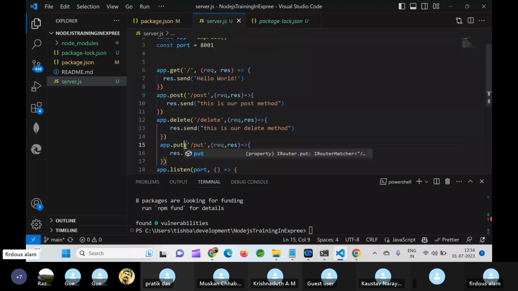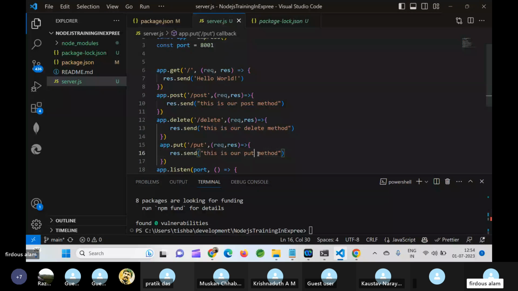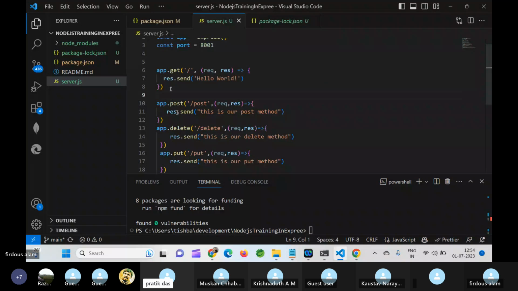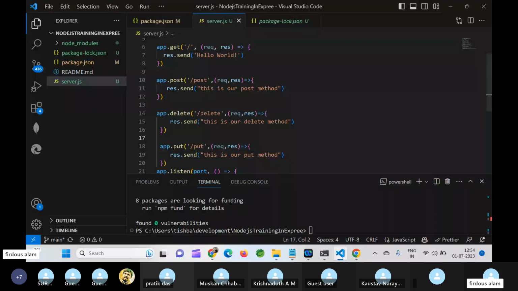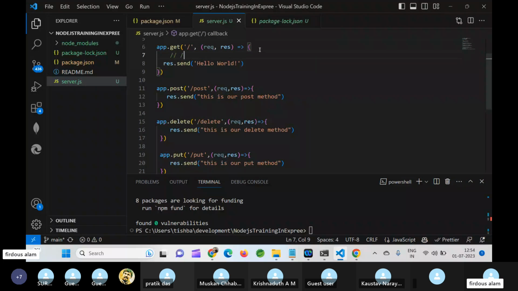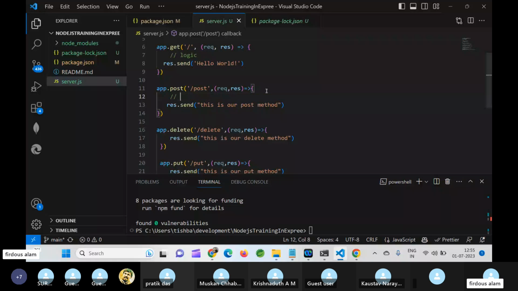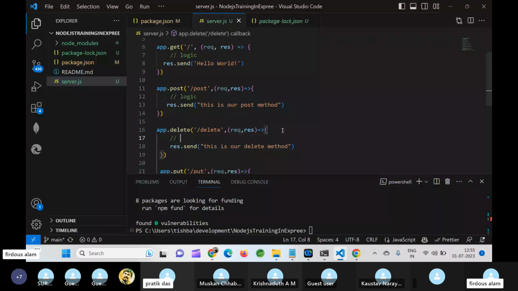Everybody good with this? Yes, sir, everyone understood. So I have created 4 routes. In this way you can create as many routes as you want, and here we will write the logic. This code will not look like this tomorrow. Tomorrow we will change everything and create a new code structure where we will have methods, middleware, database connection, those kinds of steps.